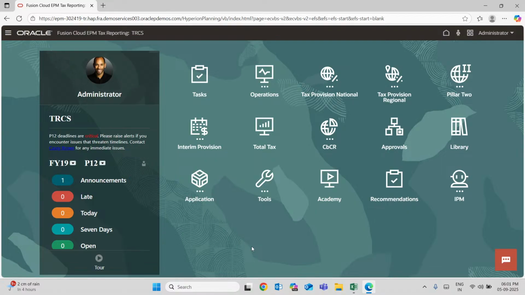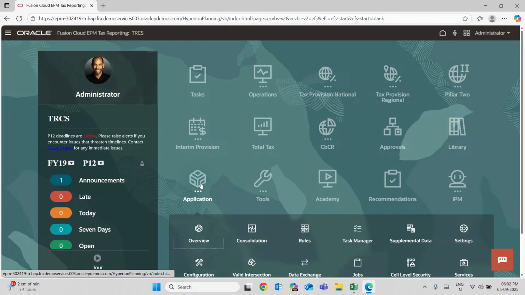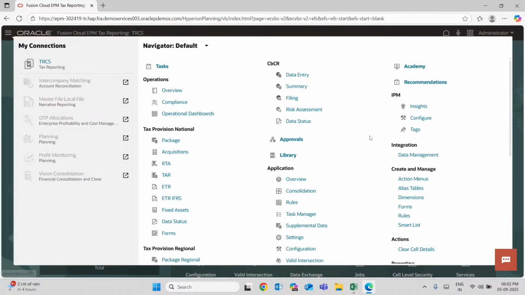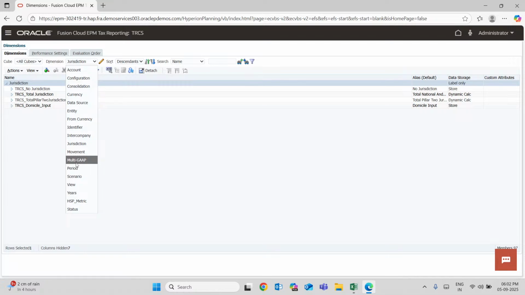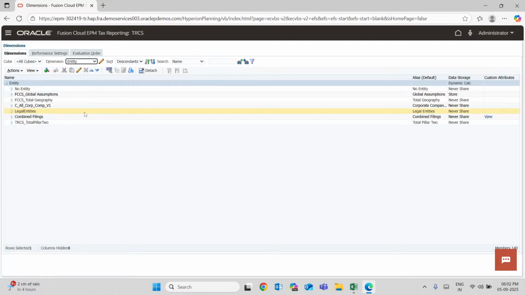So if we go under our application, from here we will go to our dimensions itself under Create and Manage. Here are different dimensions, right? And under this we have different jurisdictions as well as different entities. So the configurations are like the blueprints of your TRCS application. Without the proper setup, calculations like ETR, the current tax, or the DT, that is the deferred tax, won't